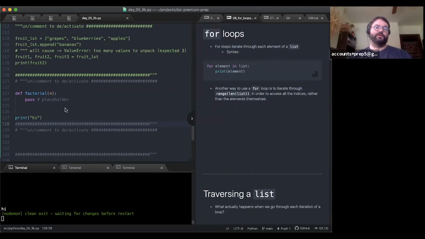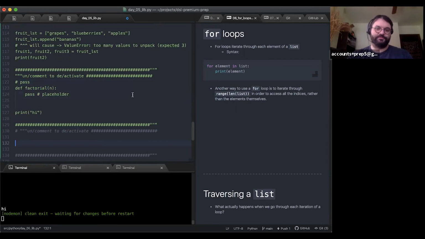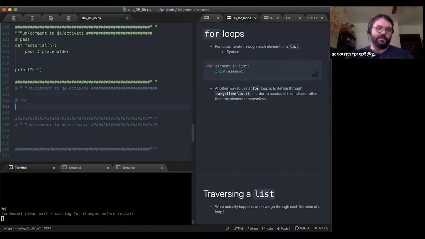Okay, so the first type of loop that I'm going to teach you is the for loop. There are two types of loops that we're going to cover in Premium Prep, which is for and while.